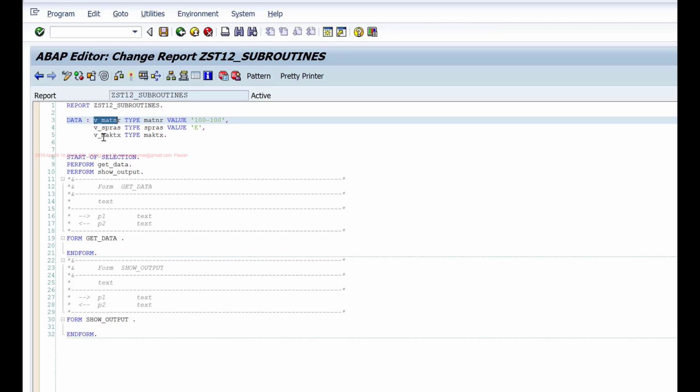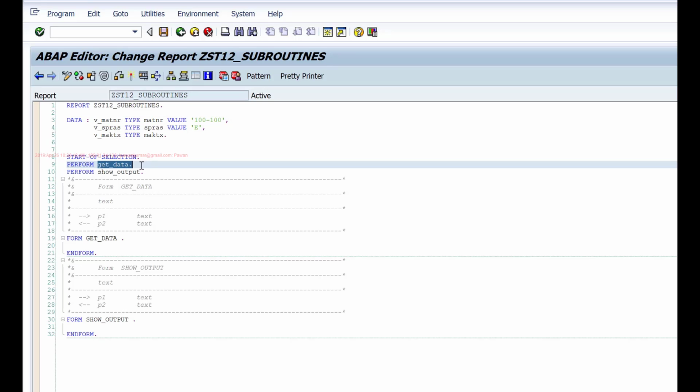If you want to pass parameters to these subroutines, it is not mandatory that these procedures should always have parameters. It's not mandatory that whenever you're calling a procedure, you should pass parameters. But especially if you want to reuse a subroutine or any procedure, then it should have certain parameters. Based on the scenario, you can pass different values to it and it can return certain values.